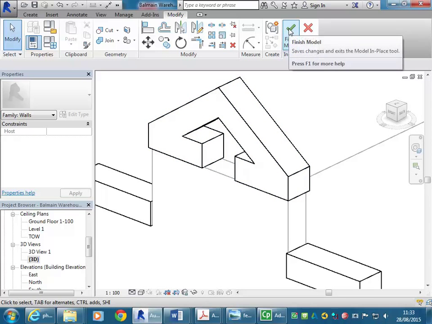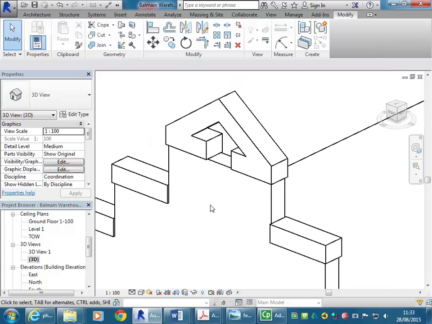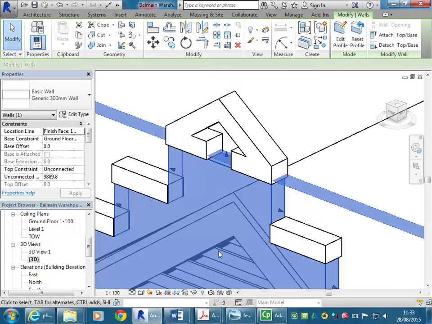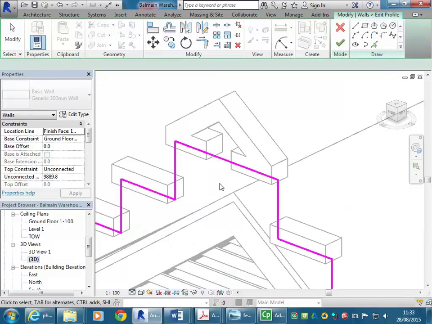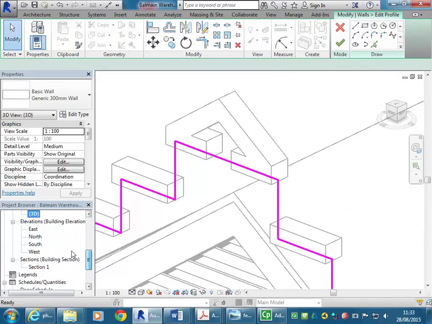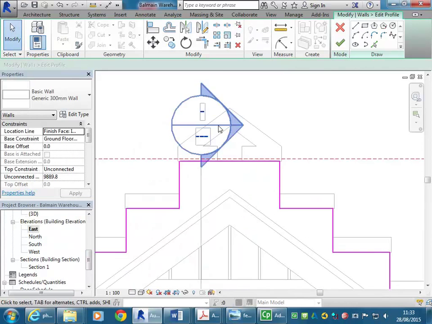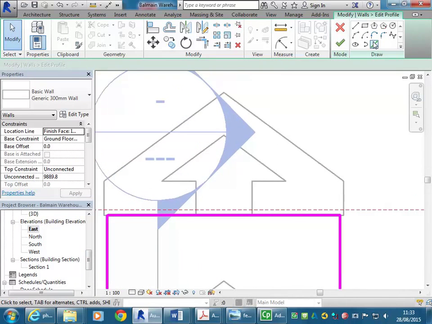Not a problem, because if I finish that, then I can select the wall again that we did earlier, and use edit profile. Maybe in the east elevation it'll be easier. And it's really just using the same drawing method. You can use pick lines, which is a tool, if you're not trying it already, in the draw panel at the end. And pick the edges that I've made for my extrusion. So it's going to give me that